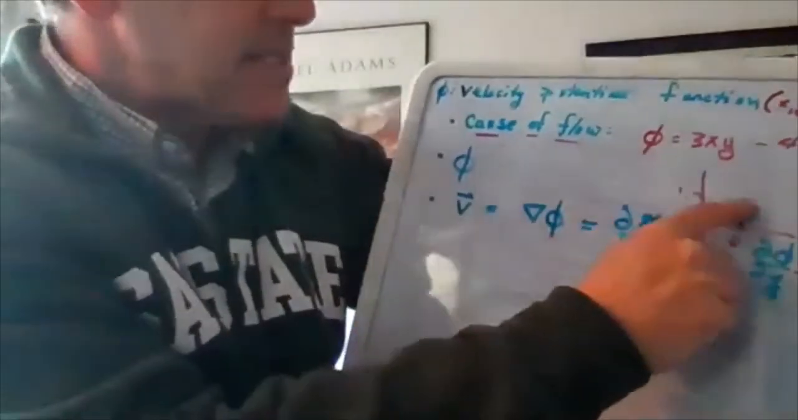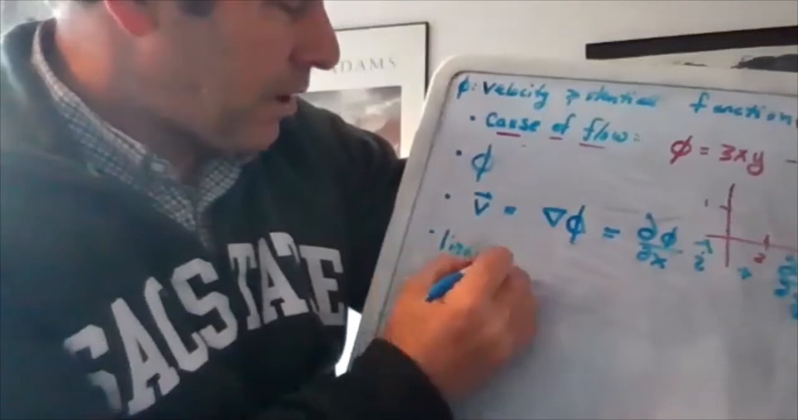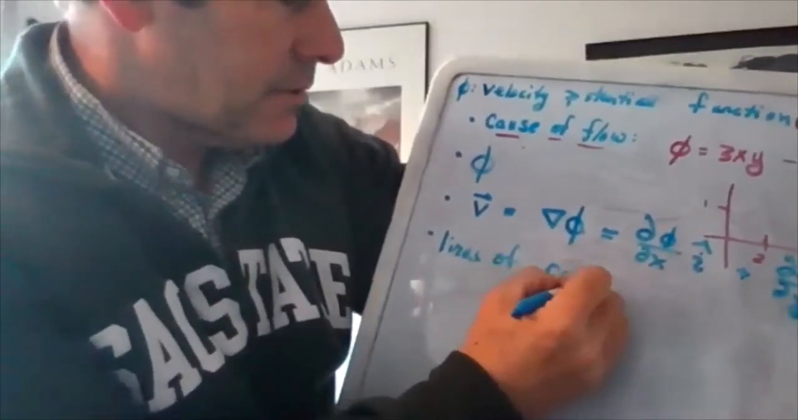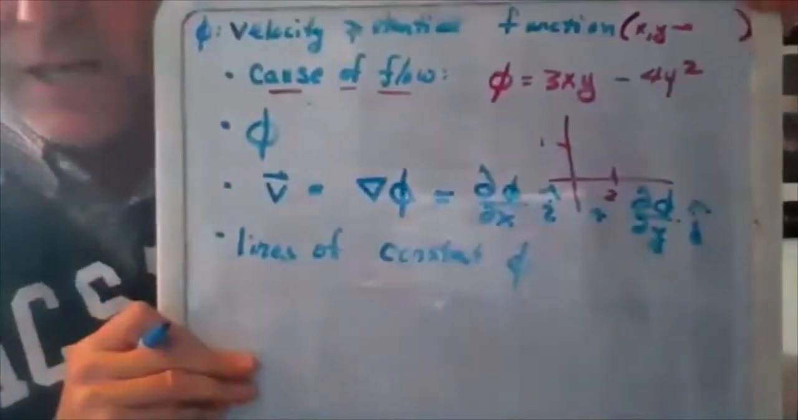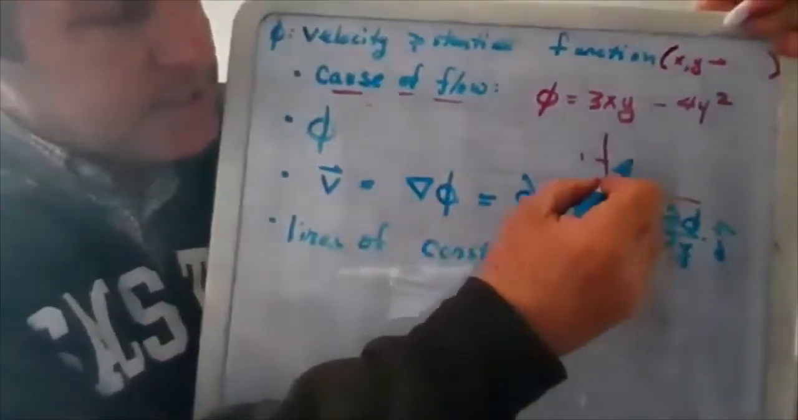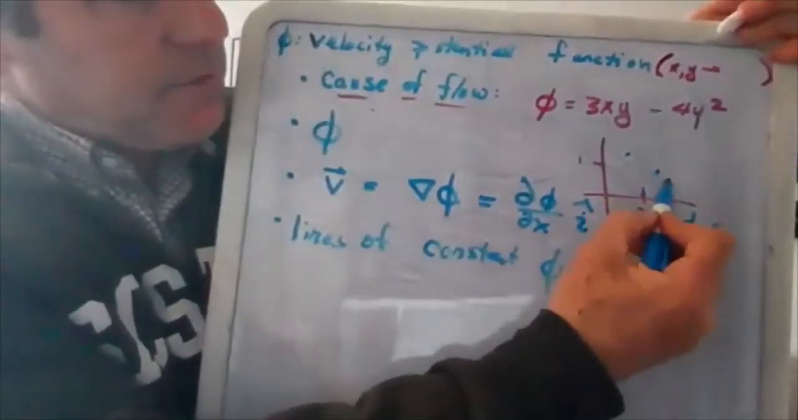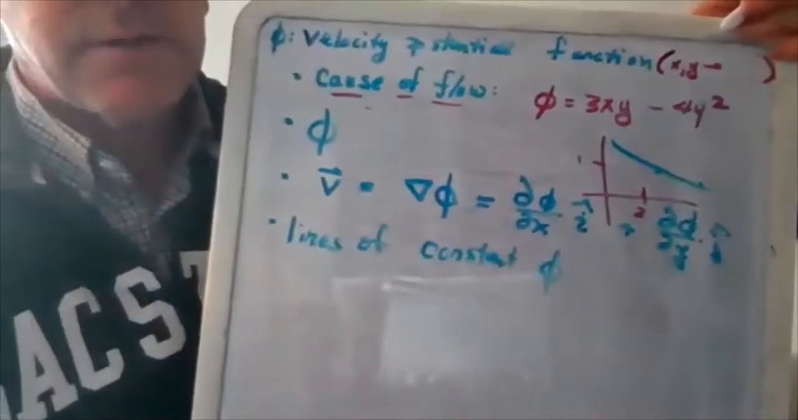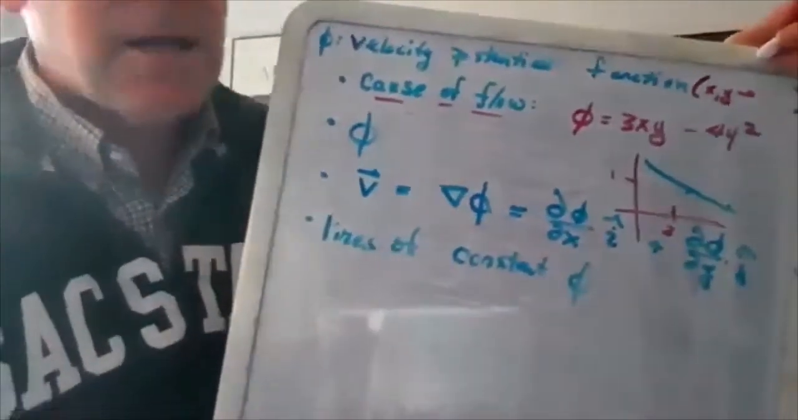Okay, and then the last idea that we want to have is when we get all done with our analysis, we would like to have lines of constant phi on our graph. So we would like to say, okay, there's a certain phi value here, and there's a certain phi value here, and this is the same, and a certain phi value here, and this is the same, and we would like to connect those. So a little bit maybe puzzling to think about,